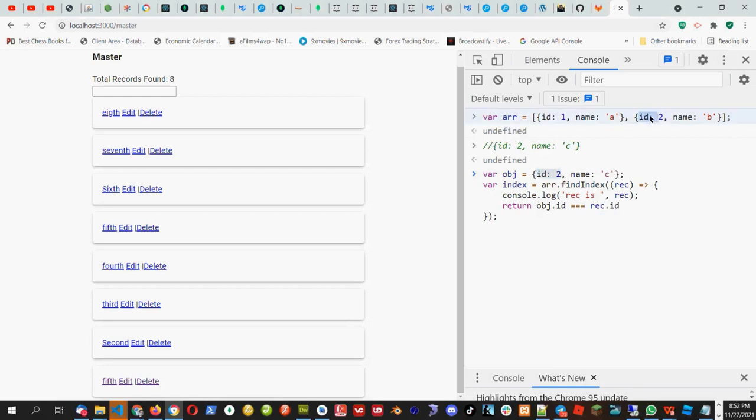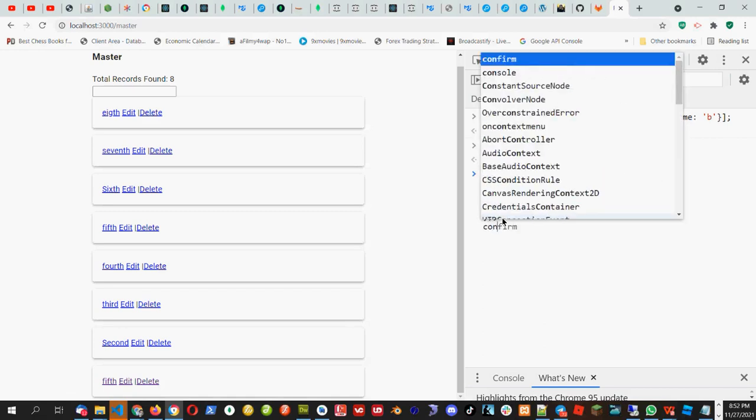If this is equal to this, then this expression will become true and we will return true here. And in this case, object.id, that is 2, and record.id is 1, are not equal to each other. That means this will be false. So if we get false, we will not return the index, and if we get true, we will return the index here. And here I will check the console.log